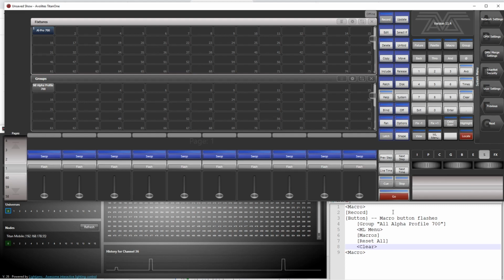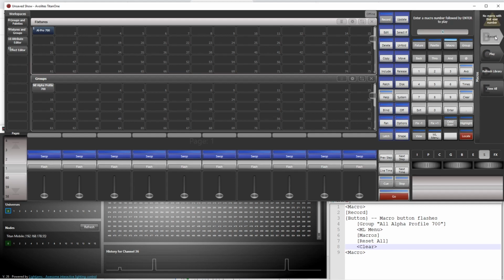And now let's record our macro. It goes like this: macro, record. Now you have to select where you want to put it. In this case, the manual is not exactly right, so we select this button. You see the macro button flashes, and now we do what we want to put in the macro, which is